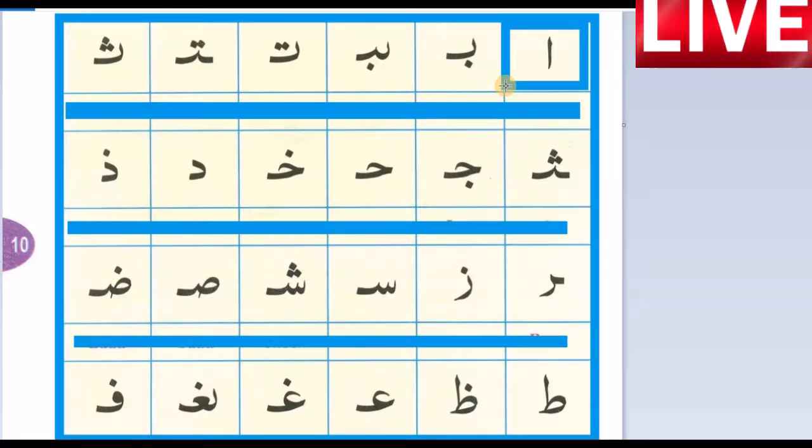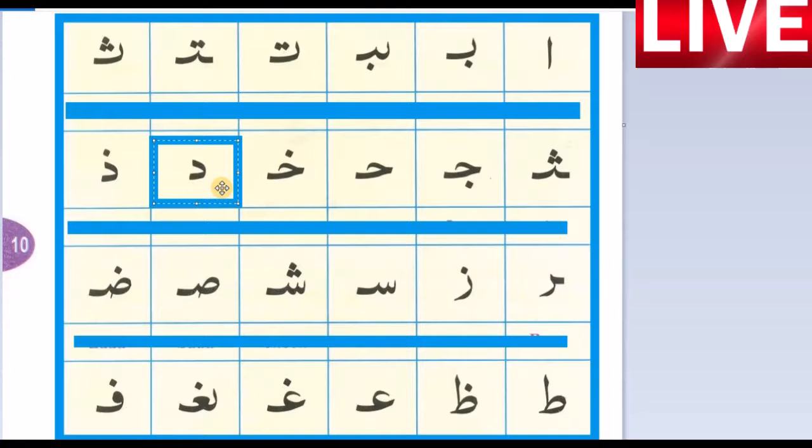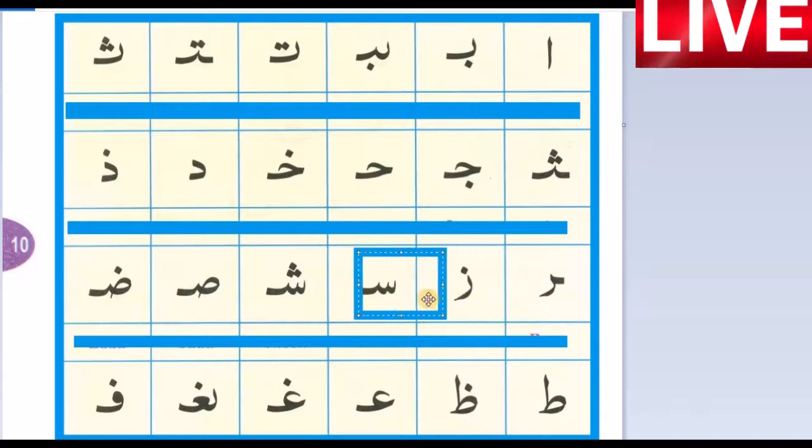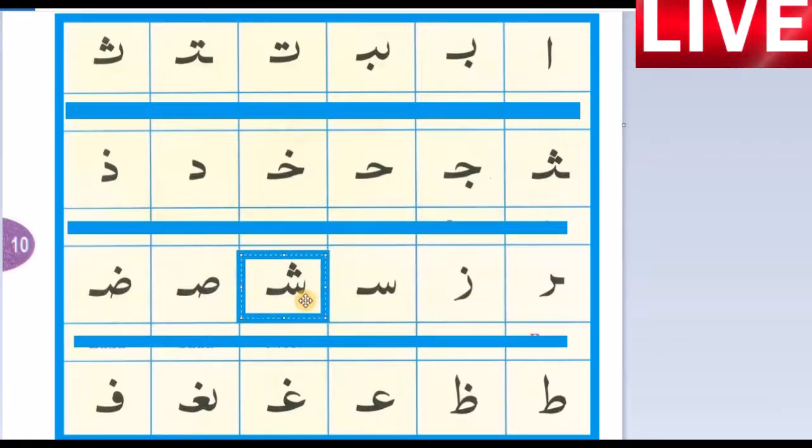Bismillahirrahmanirrahim. Alif, ba, ta, sa, jim, ha, kha, dal, dhal, ra, za, sin, shin,